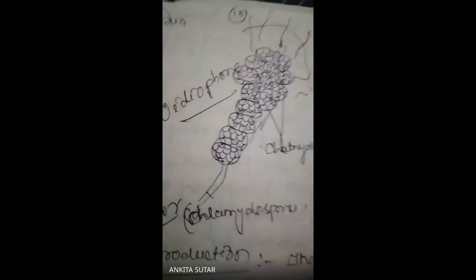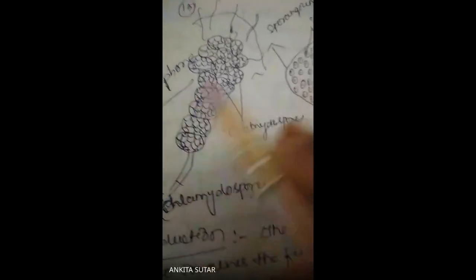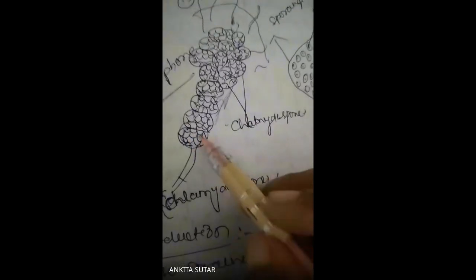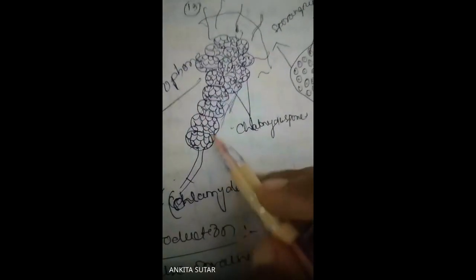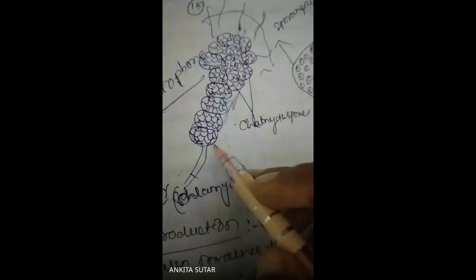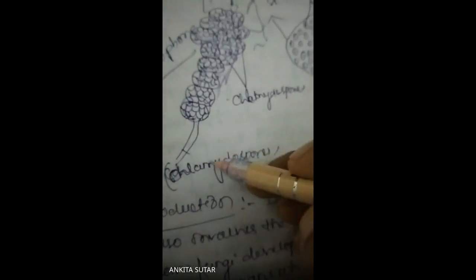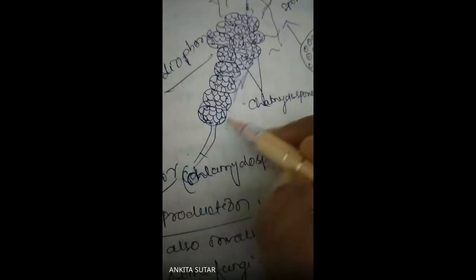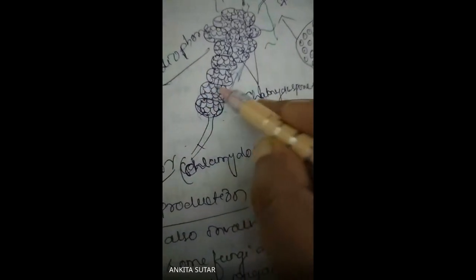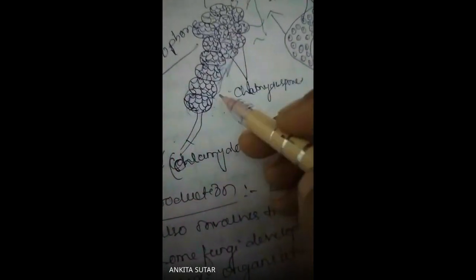Okay, next come to the point chlamydospores. Chlamydospores are also one type of spore, and these are usually unicellular and thick walled. इनका wall होता है, it is usually thick walled in structure and non-motile. It is in the resting stage, or the dormant stage. Generally they are round in shape. Here you can see these are round structures, and they are non-motile,